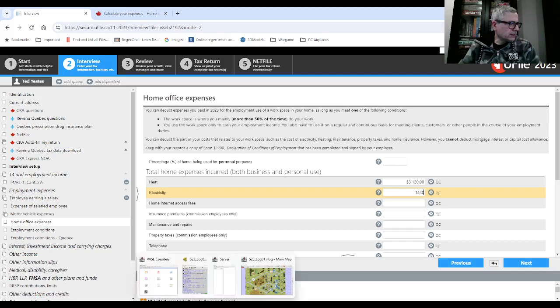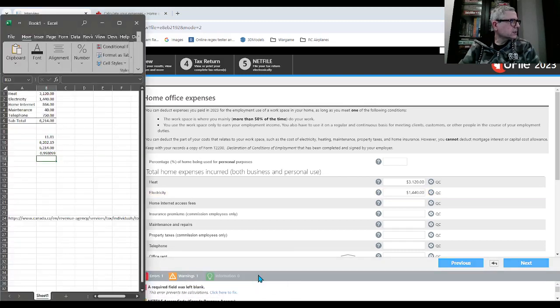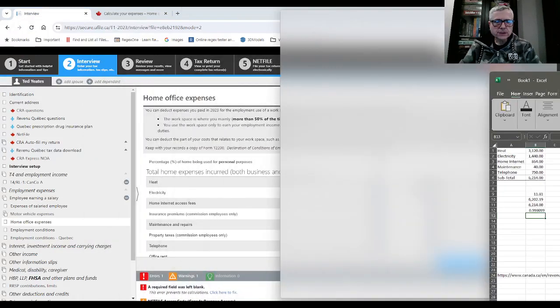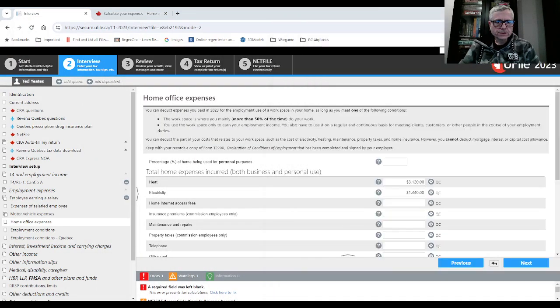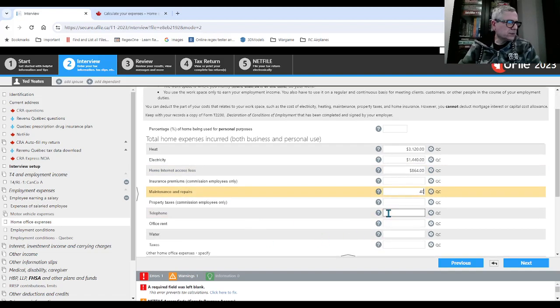Home internet access was, I know, I'll just put this here. So home internet access, rate 64. Maintenance, the common area, just 40 bucks. We had to change the lock. And telephone. Telephone was 750 bucks.